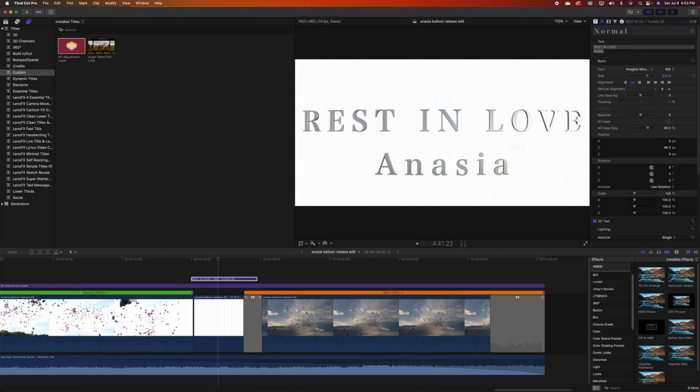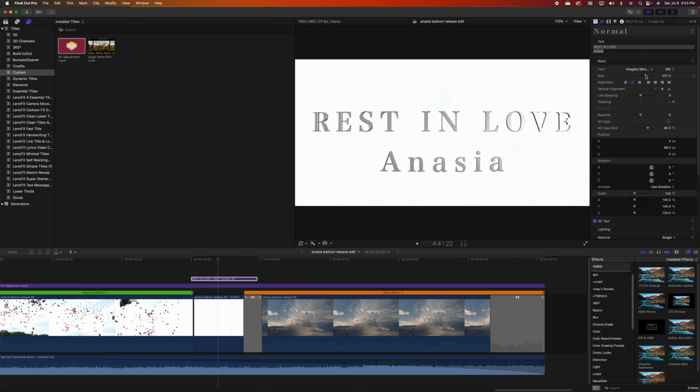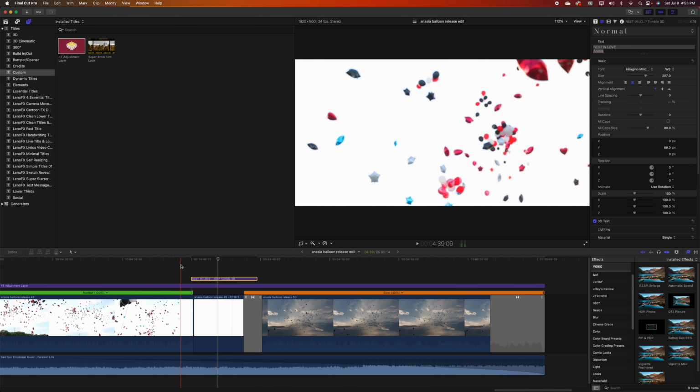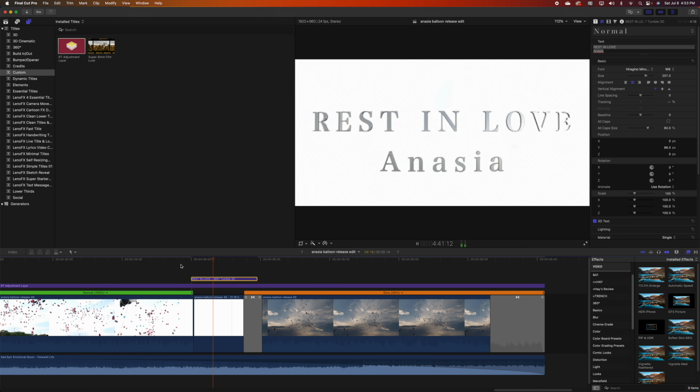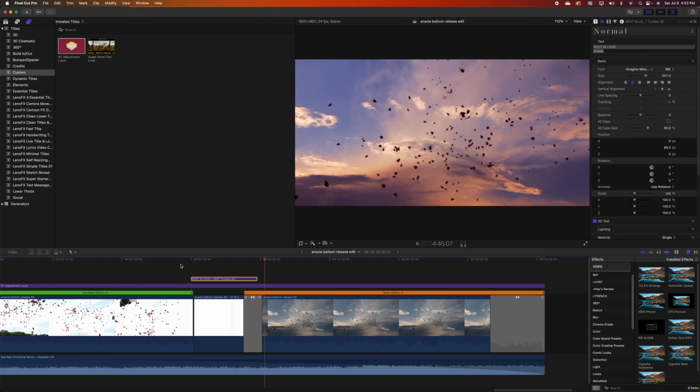So I'm going to make the font a little smaller. It just seems to be forced into the corners there. And there we go. And of course it looks more like that when it's not rendered. And then here we go with the